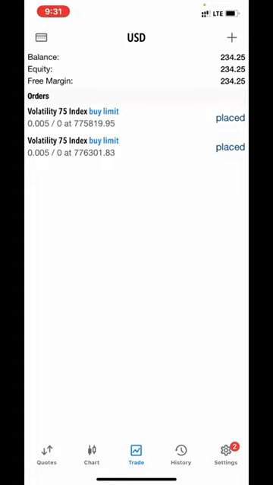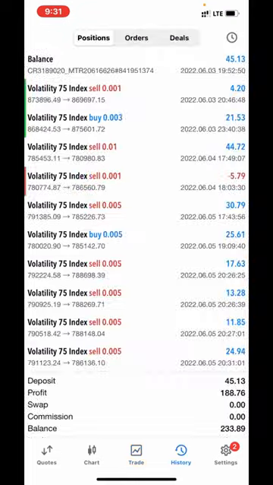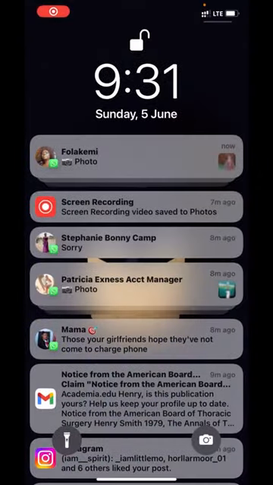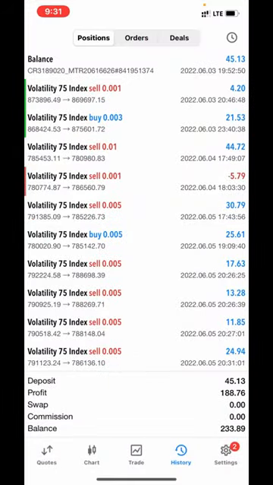Today is Sunday. What's today's date? 5th of June 2022, and I started 4th of June. Okay, we can check from the history. Let's see when I made this deposit. I made this deposit at 0603. Okay, today that is 0605. I made the deposit on Friday, and I traded from that Friday, Saturday, and Sunday now. So it has been going perfectly well. Just 3 days, and this is what I've made.